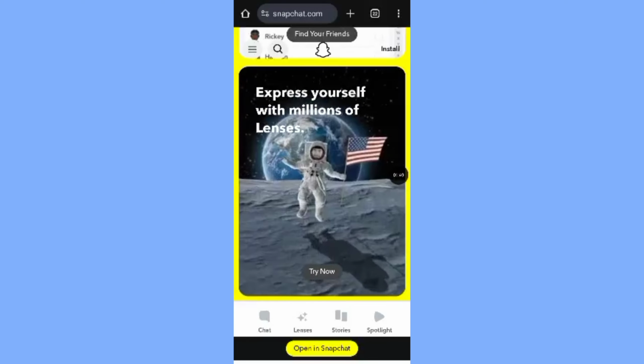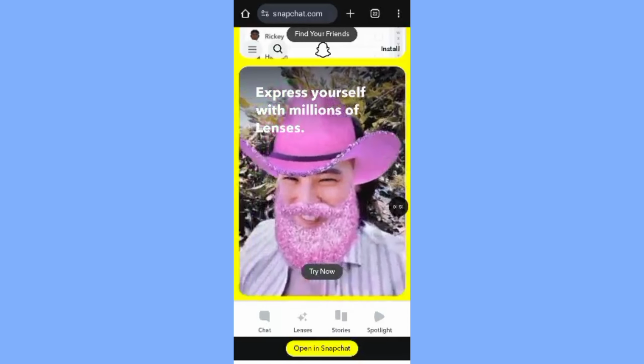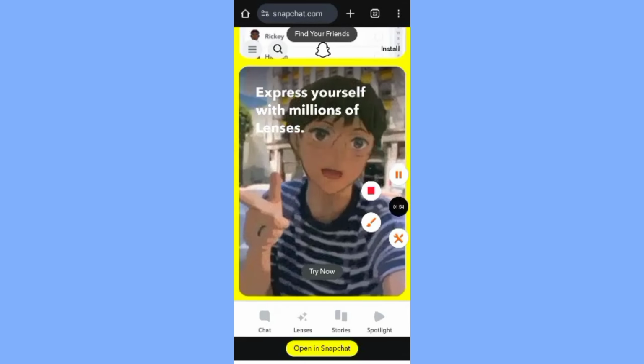And that's it. Now you know how to manage, hide, or block 18 plus content on Snapchat to keep your